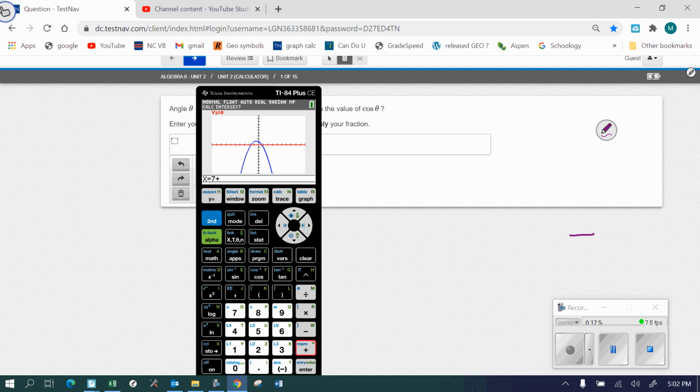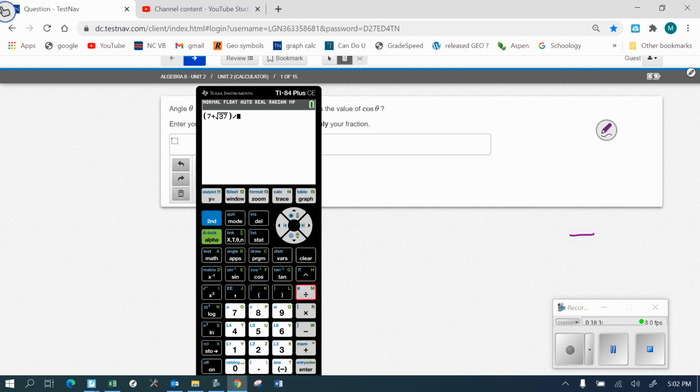7 plus the square root of 37. Get that answer. Oops, I'm in the graph mode. That's why. I gotta quit out of here. Okay, I'm gonna go parentheses, 7 plus the square root of 37